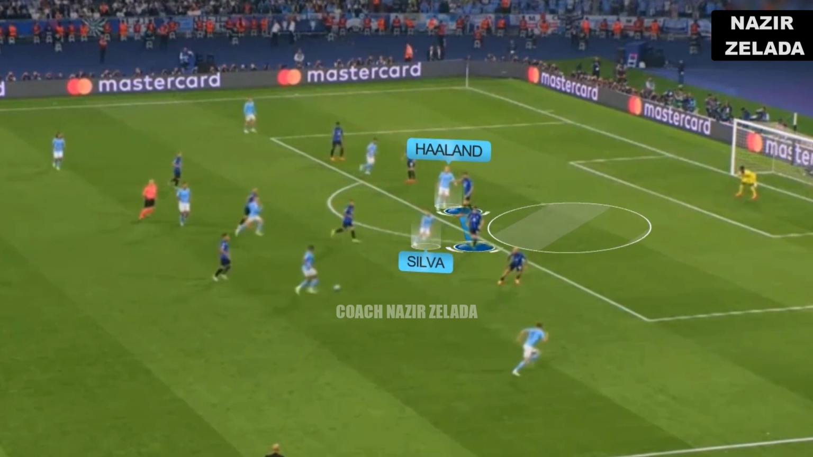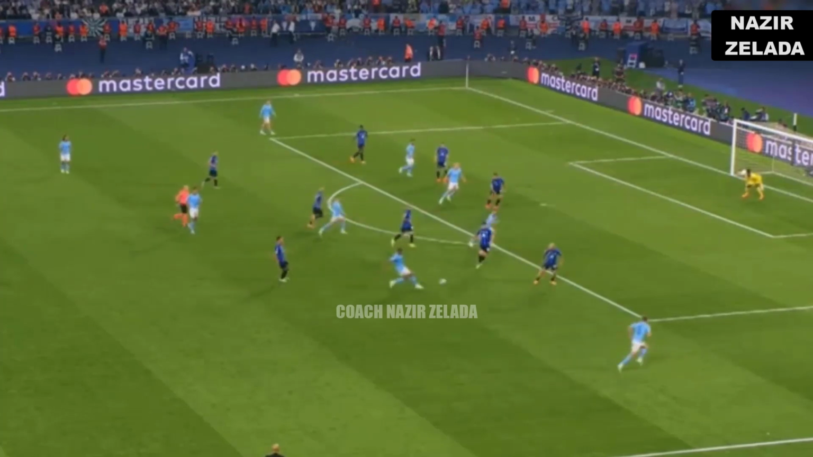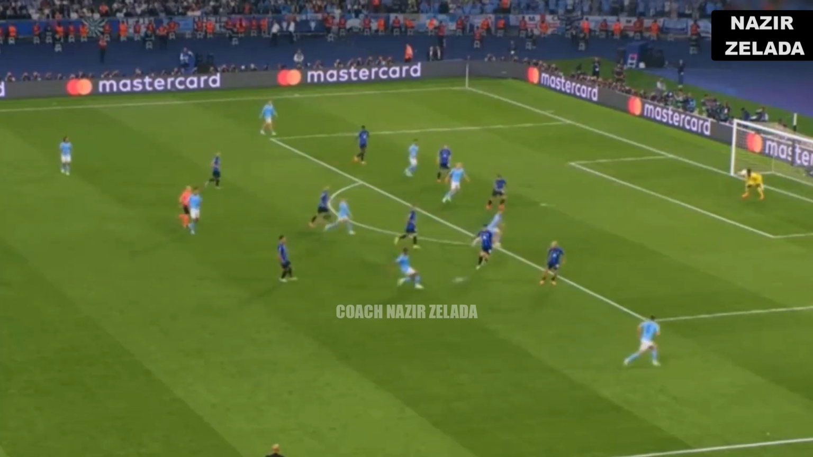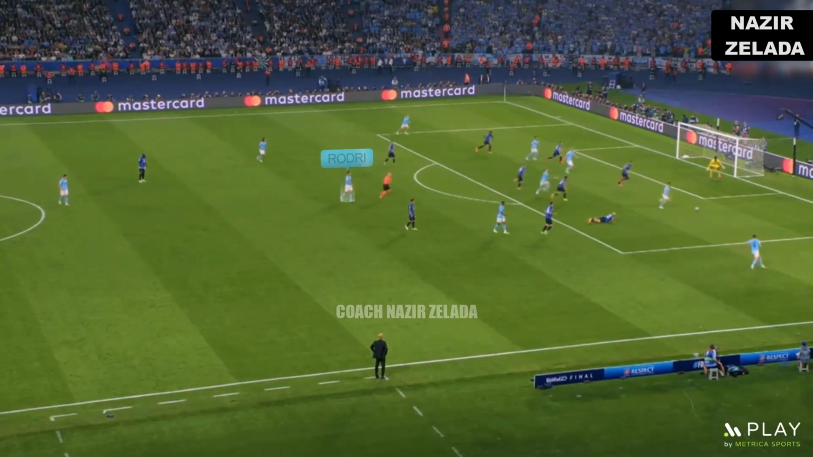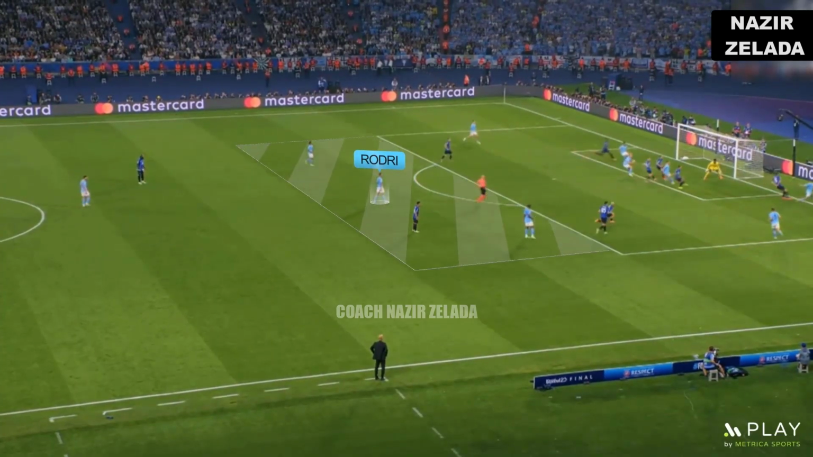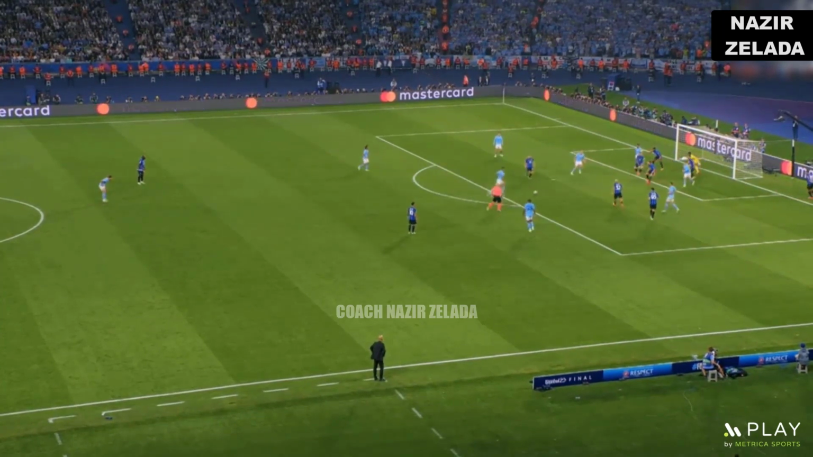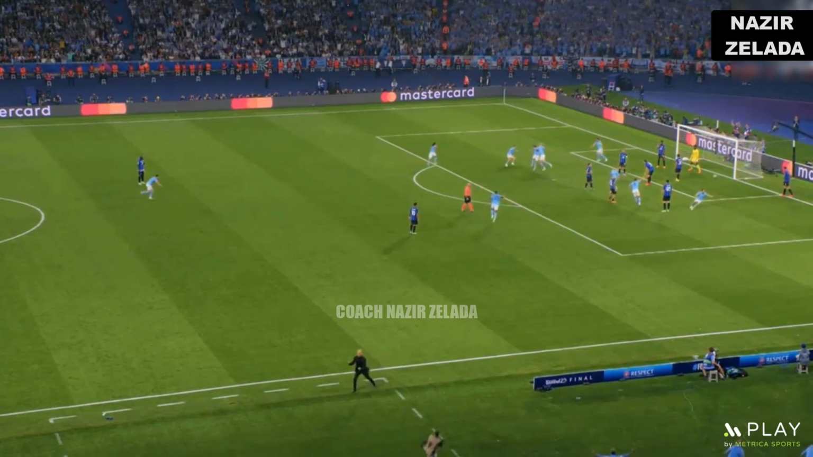Acerbi was close to Holland, Bastoni close to Silva, and Di Marco was covering the passing line to Stones. As the centre-back was free, Bastoni tried to jump to intercept the pass, but Bernardo Silva attacked the half space. Inter's midfielders dropped back to their box, and this created a space for Rodri on the edge of the box